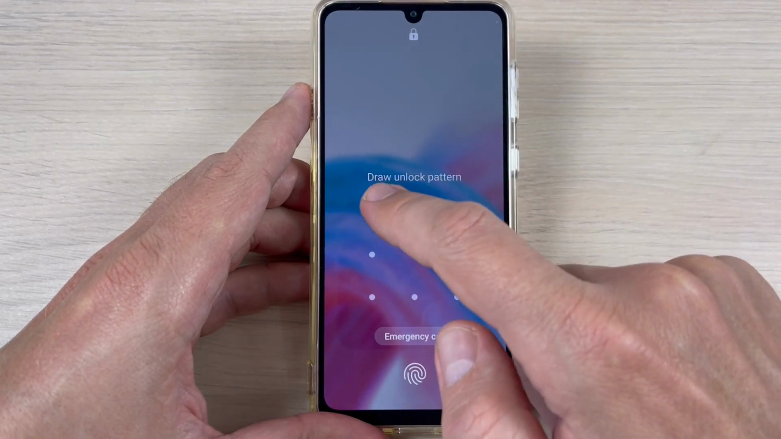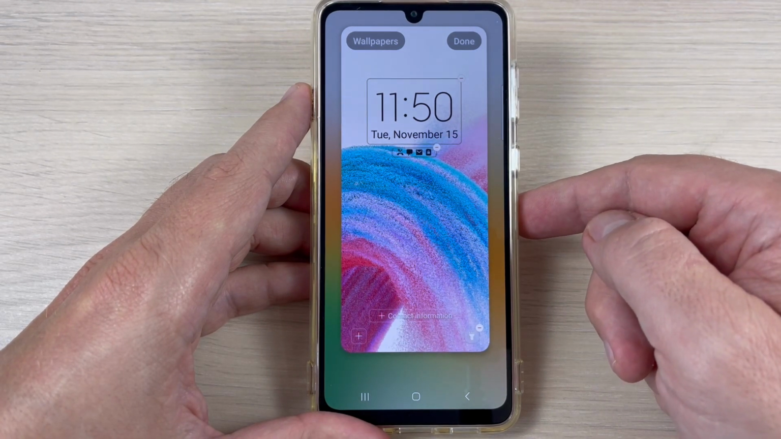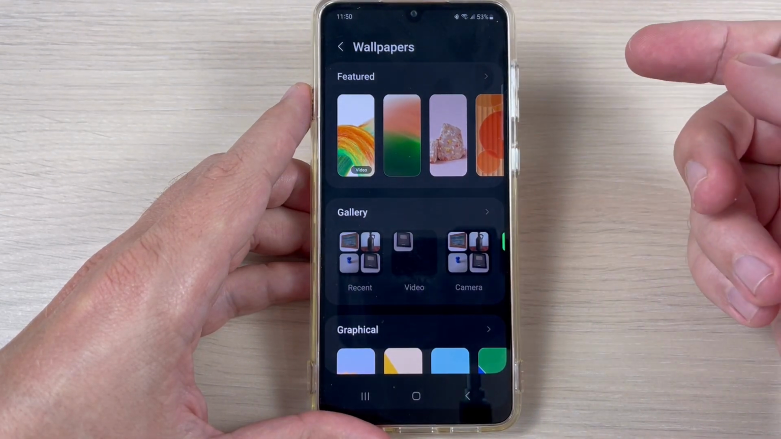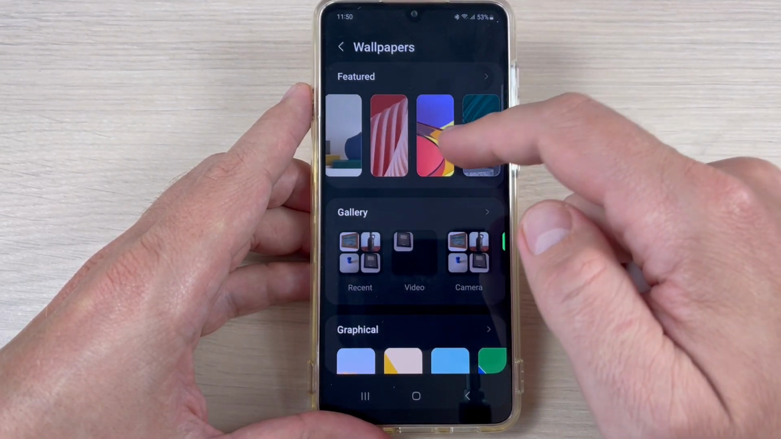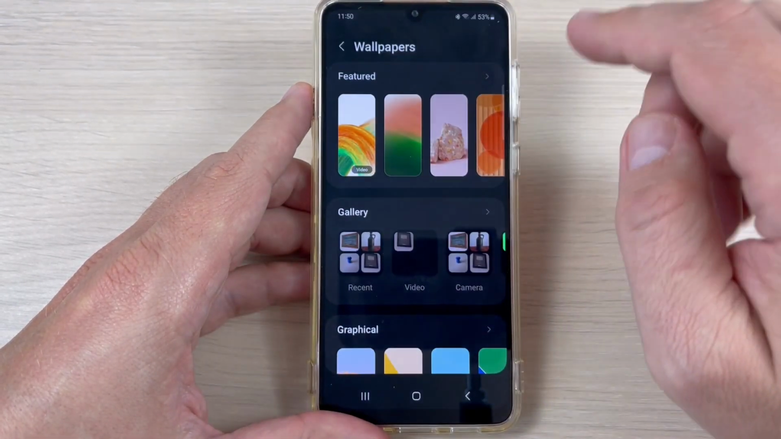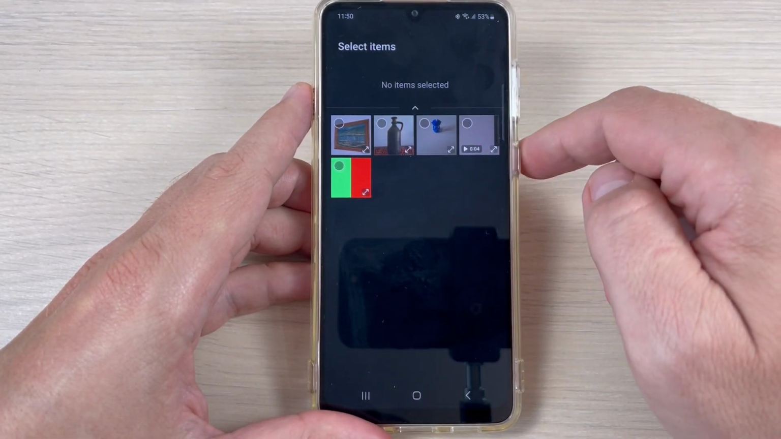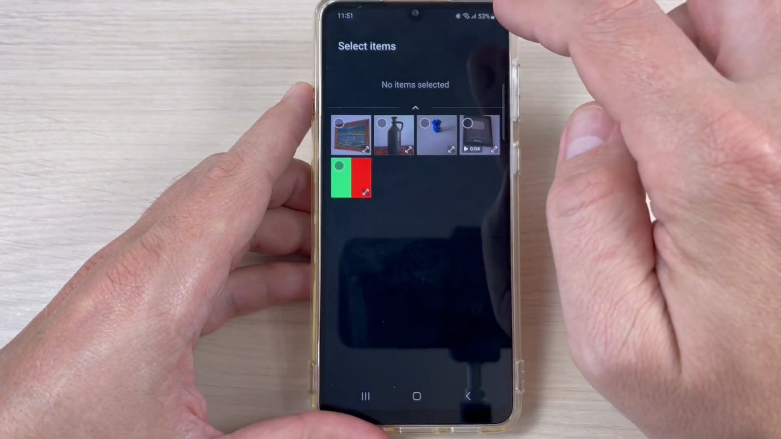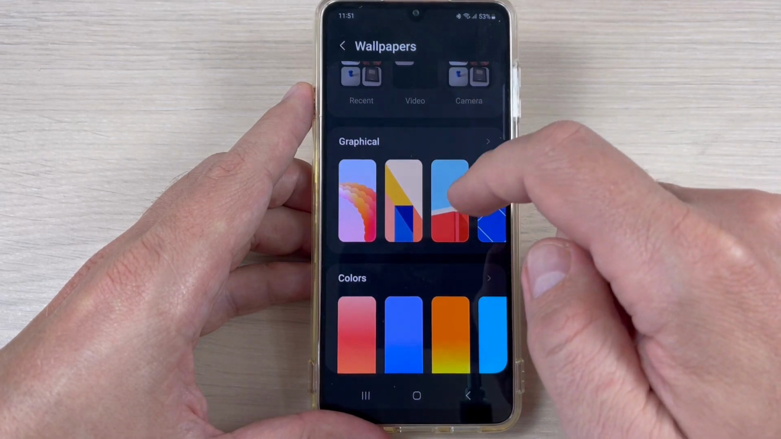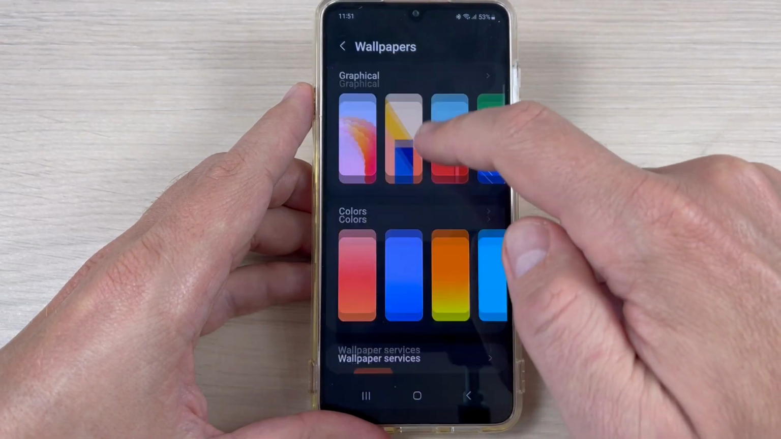and now draw the unlock pattern. And this is the current lock screen, and from here you can change the wallpaper, very easy. These are the original wallpapers, and you can select the desired one. Also you can choose from your gallery. You can also choose a video if you want to put it as a lock screen. And we have here some graphical wallpapers. We have colors,